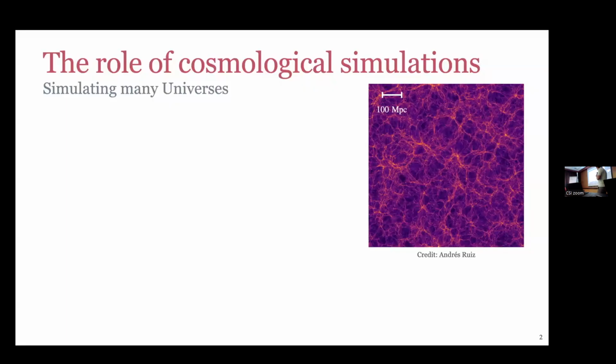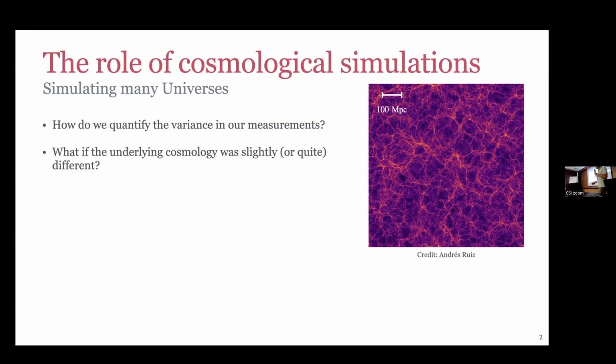So I would like to start by trying to motivate why we should care about emulating simulations. And I know this is a group of people I don't need to convince of why simulations are so important. Just to name a few things, in cosmology we like simulations because they help us quantify the error bars in our measurements. You need the covariance matrix for the power spectrum. You run a few thousand simulations and you compute your covariance matrix. They give us insight into what different universes with different cosmological parameters might look like. They help us benchmark our theoretical frameworks. You have your EFT power spectrum, you test it against simulations.